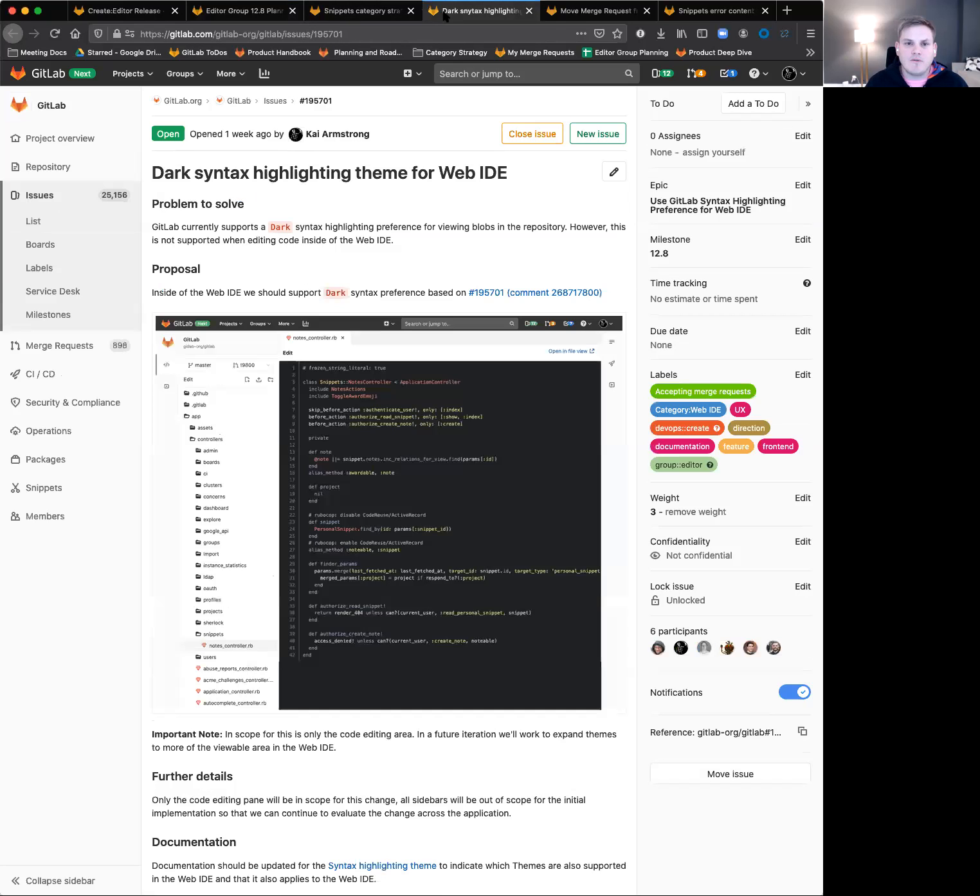I want to talk to you about one of the features that we're really excited about for 12.8, which is adding a dark syntax highlighting theme for the web IDE. Many users of GitLab set syntax highlighting preferences that they get to utilize in the file view or in the project view of GitLab, but we haven't carried that preference over into the web IDE. So in 12.8, we're going to enable the dark syntax highlighting preference. There are a few other color choices in there, but we're going to work specifically on the dark one,